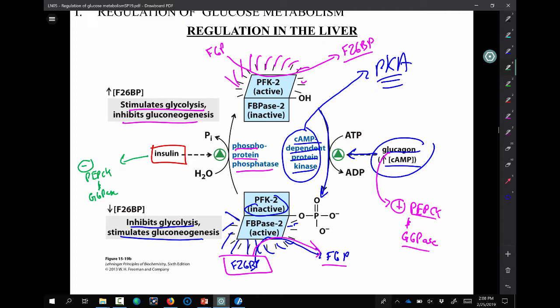Now, these arrows here, in regards to the activity of PepCK and glucose 6-phosphatase, I'm not going to describe those any further. We won't get into all the transcription factors that need to be involved in that, but there are pathways that have been worked out in that regard. So that's a review, for the most part, of what we had discussed on Friday. Are there any questions on this remaining from Friday and possibly even today based off of what I said?